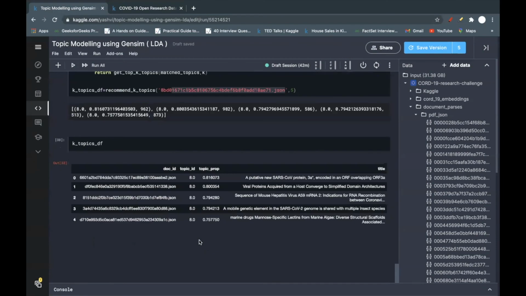So the topics I am recommending are overlapping: putative new SARS-CoV protein 3A, similar kinds of topics like domain architecture of viral protein acquired from host converged to simplified domain architecture, sequences of mouse hepatitis virus A59, mobile genetic element of SARS-CoV-2 genome, and similar ones like marine drugs and so on.